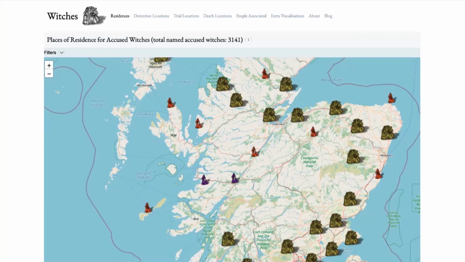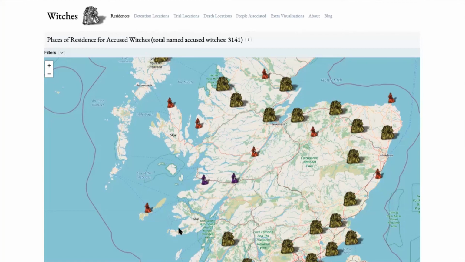And I think it's a wonderful reminder that when we're working with data, it always represents something. Sometimes those things are people, and I think this is just a really effective way of reminding people what exactly they're looking at. It's a data map, but really we're looking at the places of residence of people. So I think it's a really